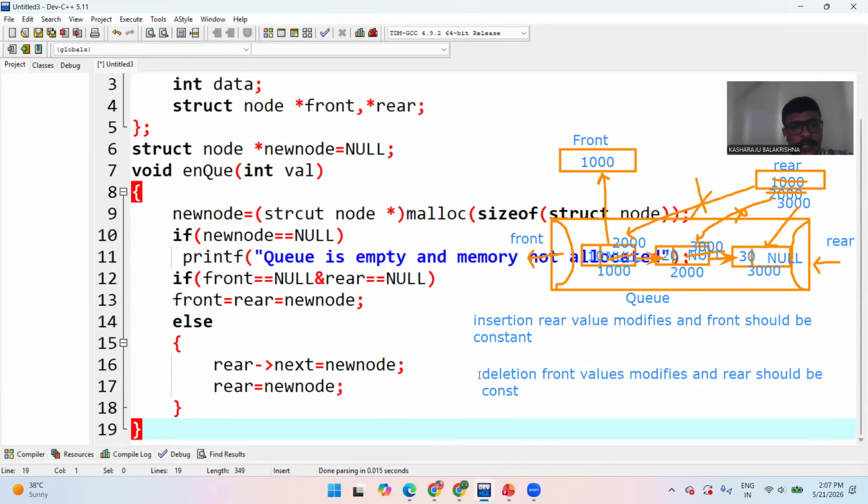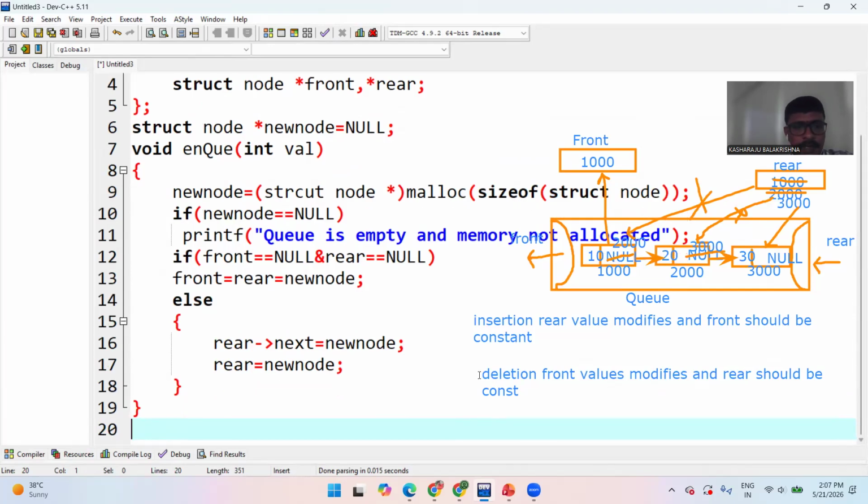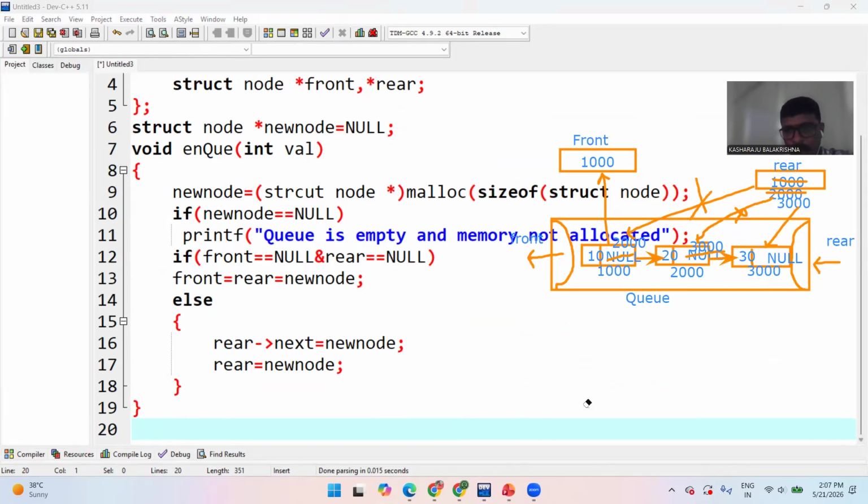Okay. So just in this way, we need to perform the enqueue operation. Shall I remove this one? Okay, just here, the data is there. So we need to perform the deletion operation. We need to perform. So here,